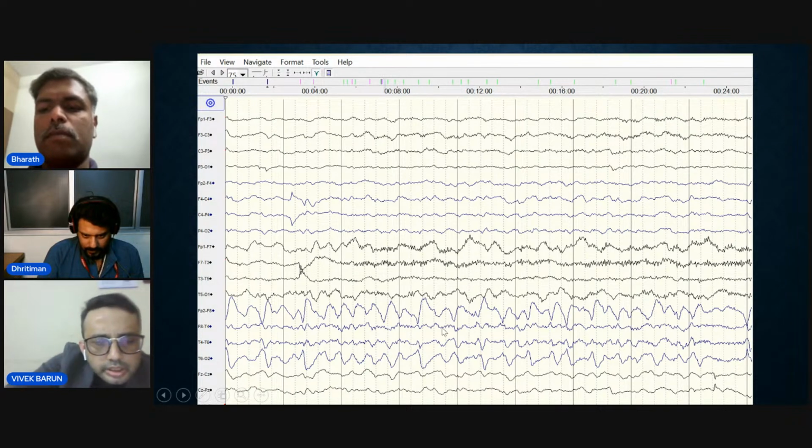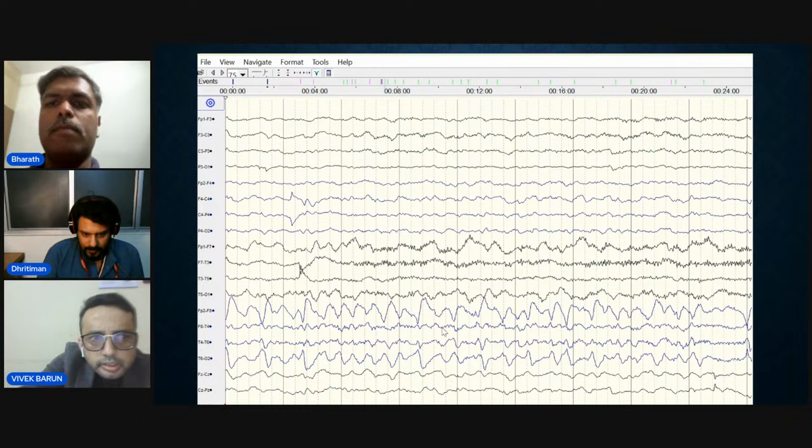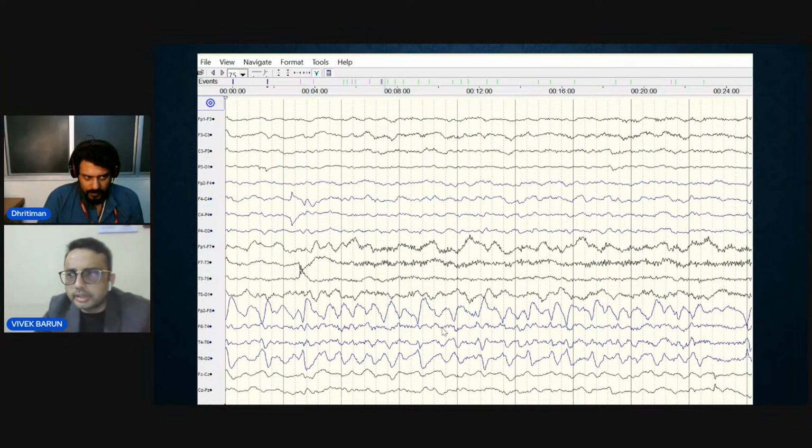You can see that this is almost flat, so they have similar activity, sort of a straight line. That means almost similar. T4 T6 is again more or less flat, so almost equipotential. And if you compare T6 O2, it is going up. That means T6 is more negative as compared to O2. So you can see here they are trying to meet, one going downward, one going upward. I described it as a phase reversal because it is crossing two channels, F8 T4 and T4 T6. So we localize the focus in the bipolar longitudinal montage with the phase reversal, and if we change the montage to the common average montage,